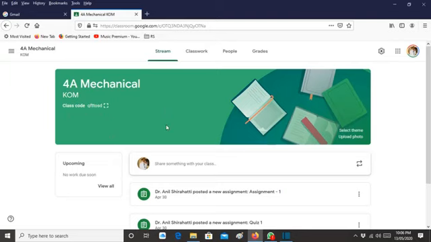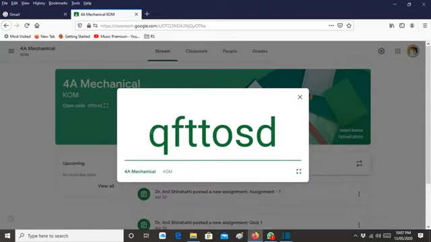Okay. So if any student wants to join the class, what he can do is log in to Google Classroom using his or her Gmail account. Okay. Then whatever code they have received. Okay. So this is a 7